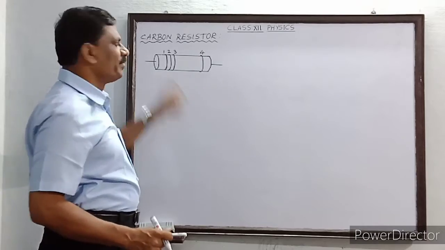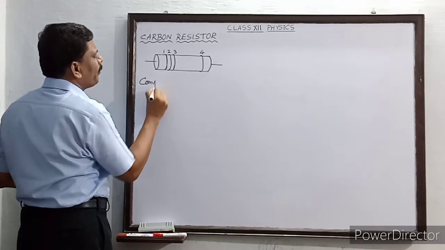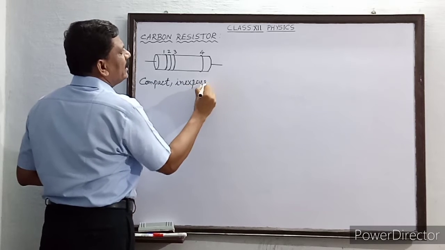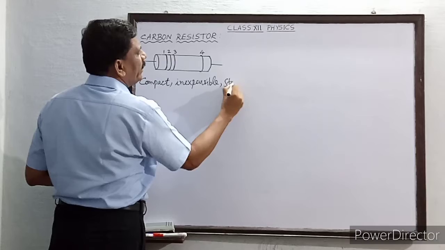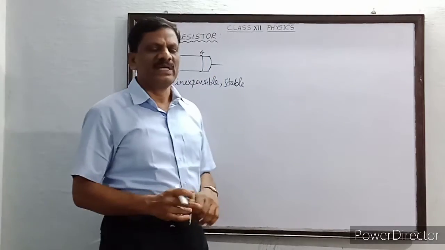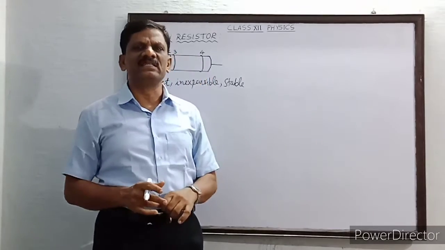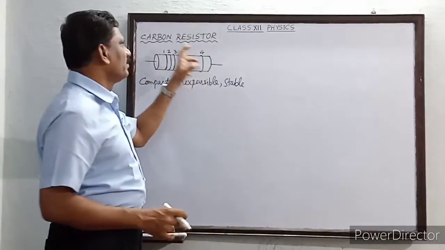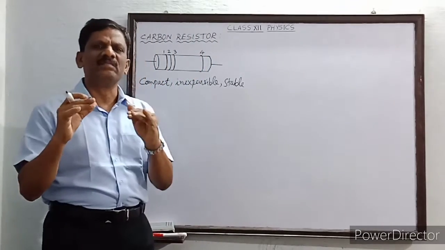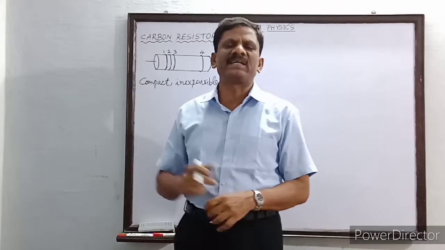So this type of resistor is very small in size. So it is very compact, small in size, and it is inexpensive, very cheap. And also it is very stable. It is not going to vary suddenly because there are some provisions inside the material to adjust according to the variations in the current through the resistor. So a carbon resistor is one type of resistor which is made up of a ceramic core over which some carbon material is coated. It is provided with two metal leads for electrical contacts in the circuits.